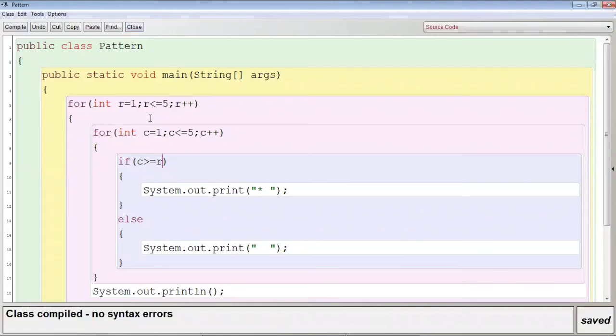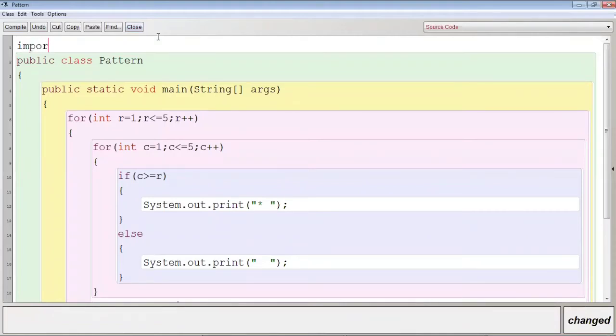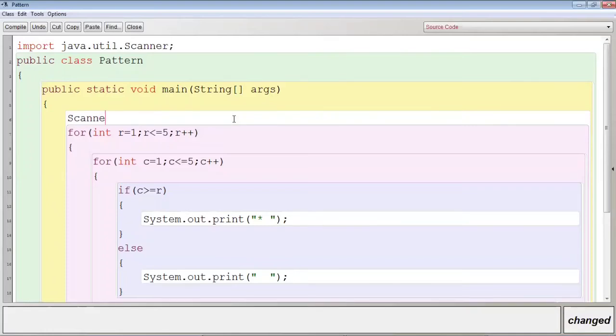Now, if you want, you can take the size of the pattern from the user. In such case, you will have to import the Scanner class or BufferedReader. Import java.util.Scanner. Here I will create the object of Scanner. Scanner scn is equal to new Scanner, System.in.